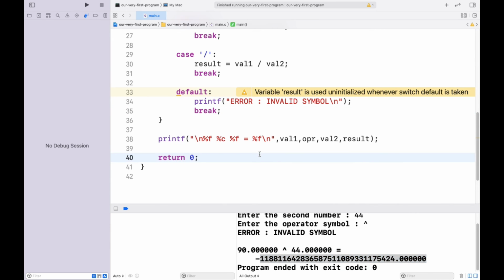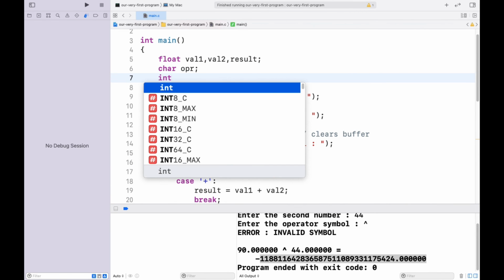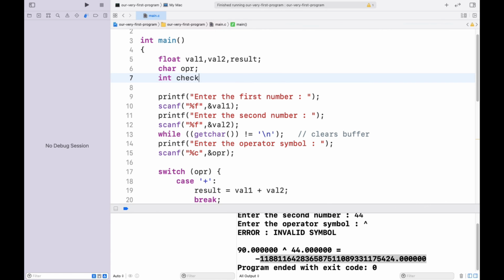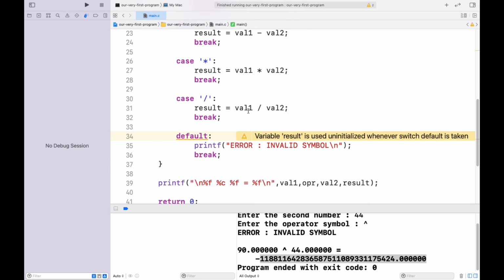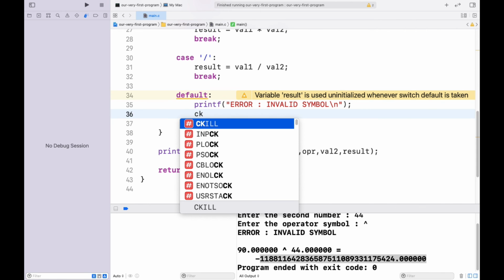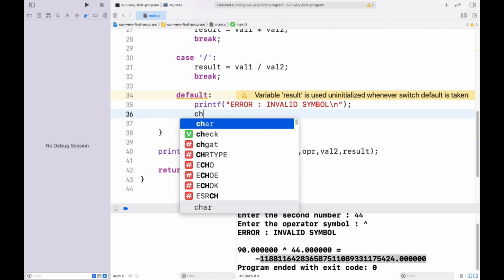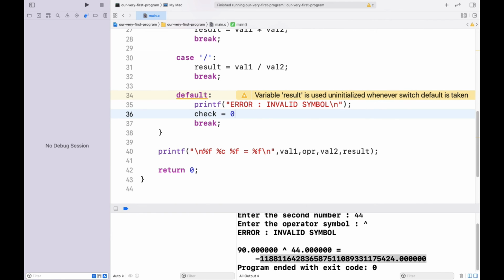So what can be the solution for this? Let's have another variable, int, and let its name be check, and let check be 1, or you can say a true value. So we are going to use an if statement here also. If the default statement is going to hit, or you can say if the switch is going to call for default, then let's change the value of check to be 0, or you can say false,